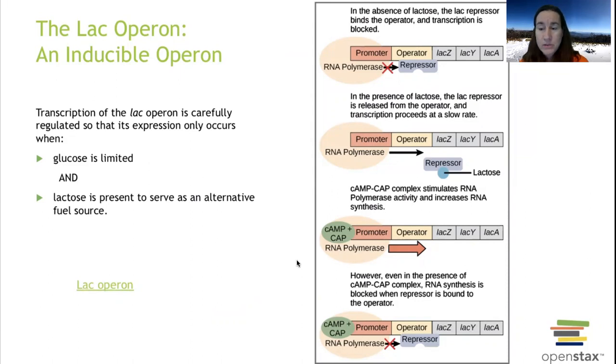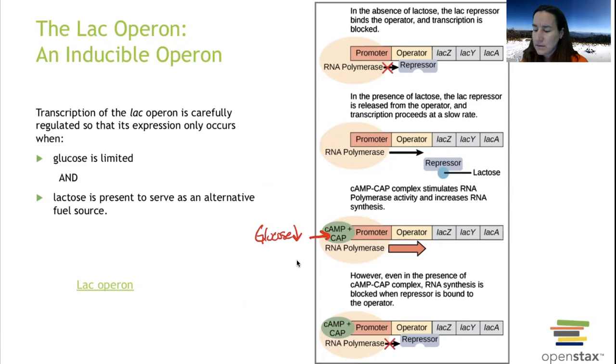If glucose is low, we just talked about what accumulates. Cyclic AMP accumulates, and cyclic AMP can bind with the catabolic activating protein. So this happens when glucose levels are low. Glucose is low, and we start accumulating cyclic AMP, binds with CAP, binds with the RNA pol, and activates RNA pol. So we're going to activate RNA pol, but what is it going to express? What genes is it coding for to express? What are we trying to do once we turn it on?